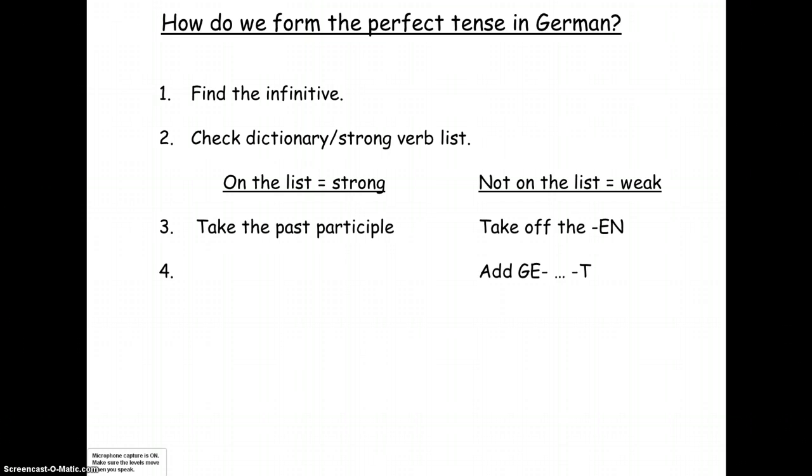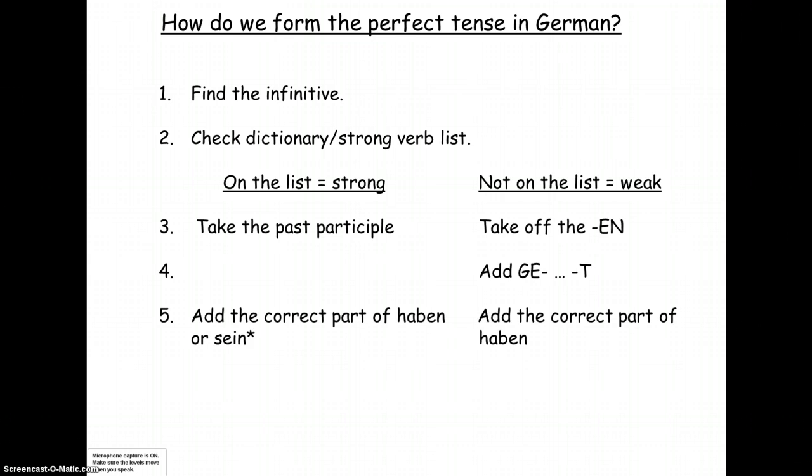Once you've done that, you need to add what's known as the auxiliary verb. If it's a weak verb and not on the list, then you are looking for the correct part of the verb haben. And if it is on the list, you have a choice, well, not so much a choice, but you need to find the correct part of the verb haben or sein.